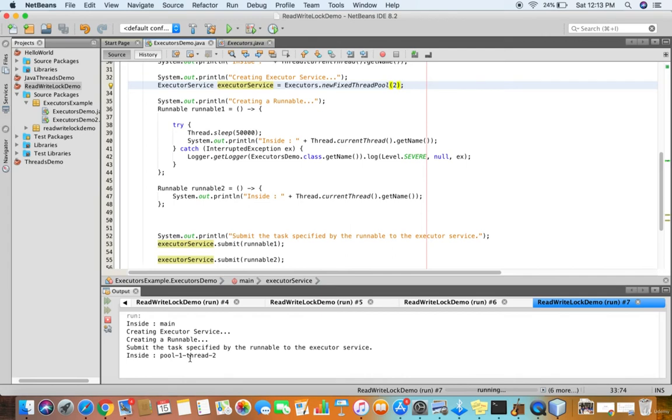So since we have the pool size of 2, from this line we used Executors.newFixedThreadPool(2). You can see although the first thread is executed and it is in the sleep mode, the second thread has the chance to execute and it prints inside pool 1 thread 2. So the runnable 2 which we submitted here is executed, and once the sleep method is executed, you can see thread 1 is executed. So if we run it again,